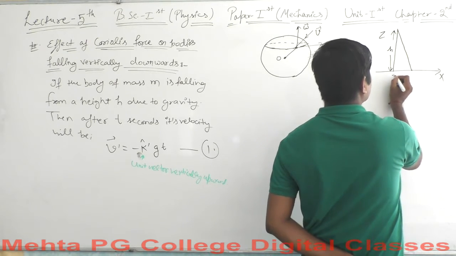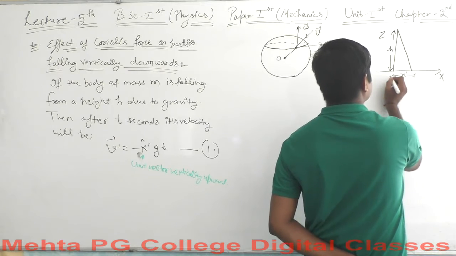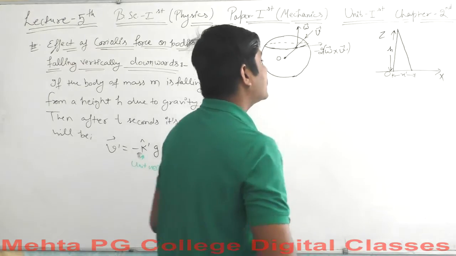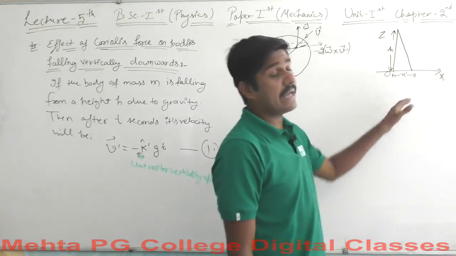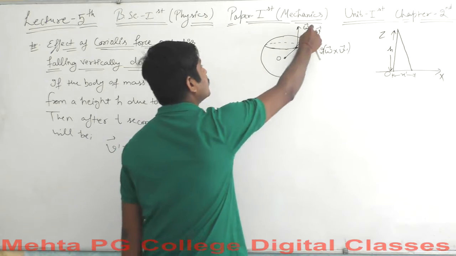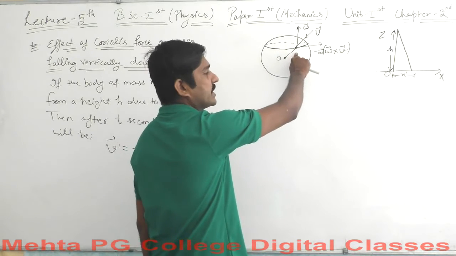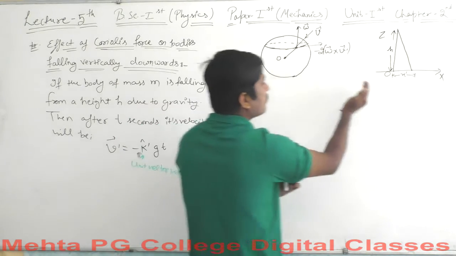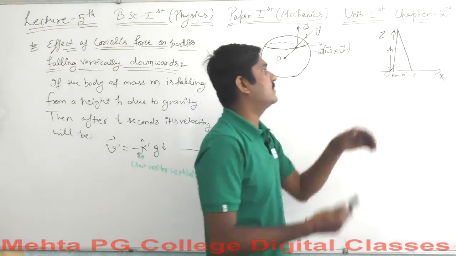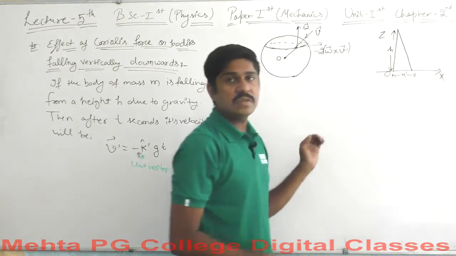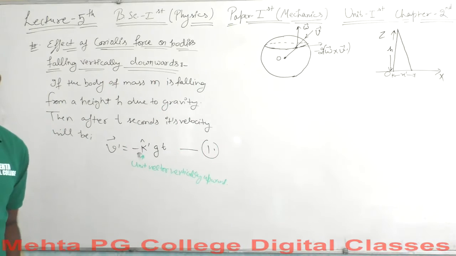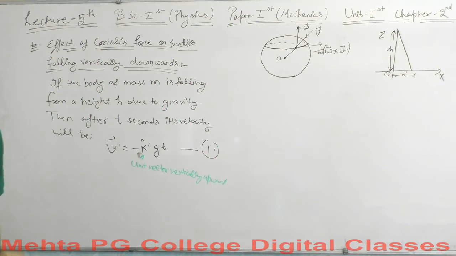Let's say this particle will go to this place, and let's say this is the x dash distance here. Okay, and this is the origin O again. So the particle will get a displacement of x dash distance, because the particle is supposed to fall from this point and reach this point here. But the Coriolis force is acting in this particular direction, so the displacement must be in this direction. Okay, so there will be a displacement. This is the actual position. The x dash is the displacement now. Okay, this is something to be considered.